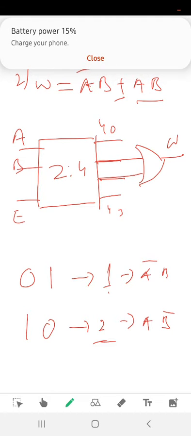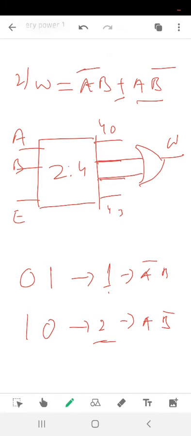First of all, to implement any function using our active low decoder, we need to study how our active low decoder works. We can also implement the same function using our active high decoder. If a function is given in the form of maxterm, still we can implement it using our active high decoder. For that, we will use both the methods. We will try to implement the same function using our active low decoder, then we will solve the question using our active high decoder also.